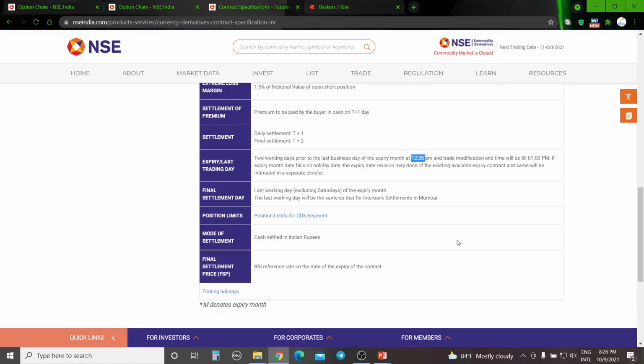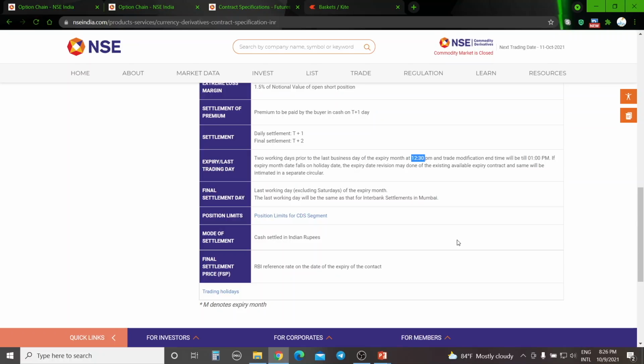So you have to be a little bit careful. Don't allow your option to be at the money or slightly in the money. At least keep 2-3 strikes out of the money. If you are at a risk that your option is either at the money or very close, better you close the option contract before 12:30 p.m.